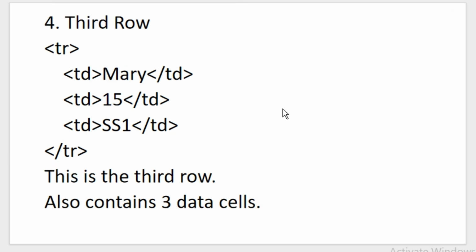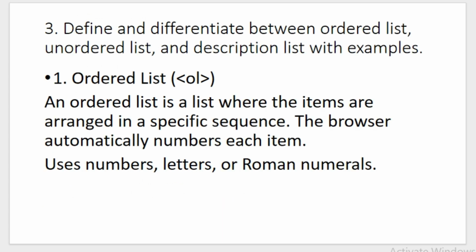And the next row, which is the third row, remember the question says 3 rows and 3 columns. This is the third row, and this also contains 3 data cells, another person's name, as the case may be. Then we also have the next question that says define and